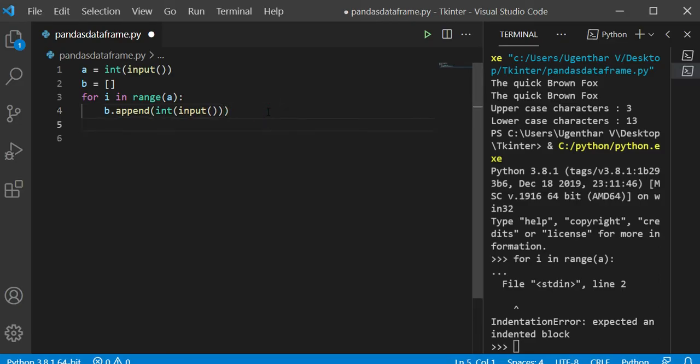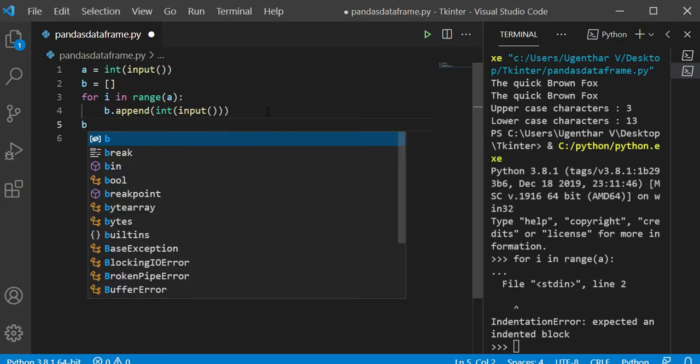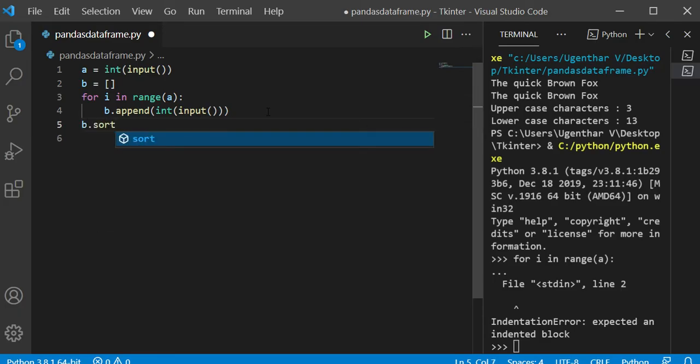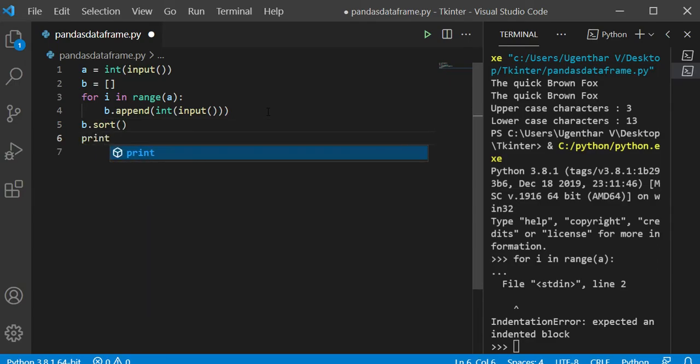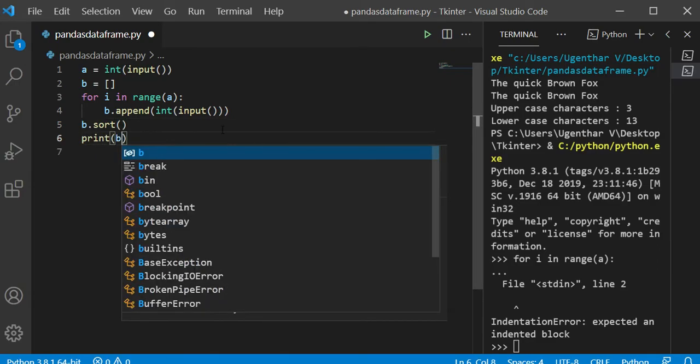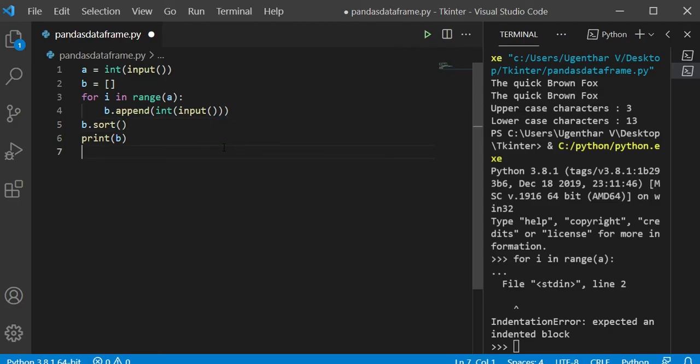Now we will be sorting the array by b dot sort, and we will be printing the output. This is very simple to sort. Now let me run our code.